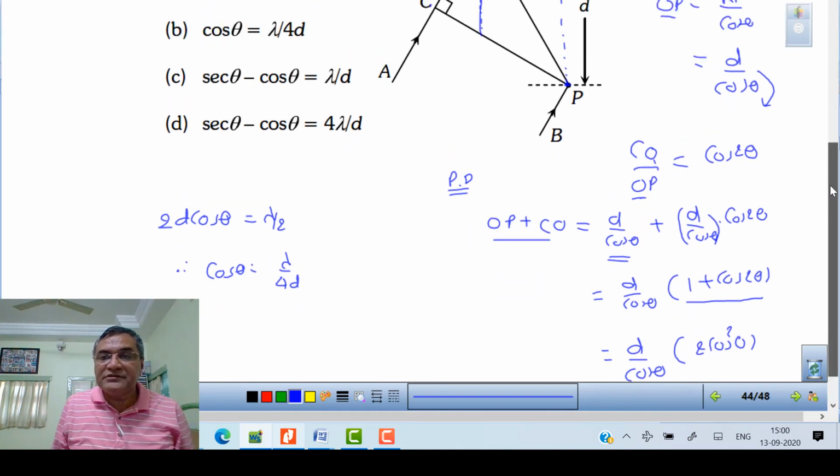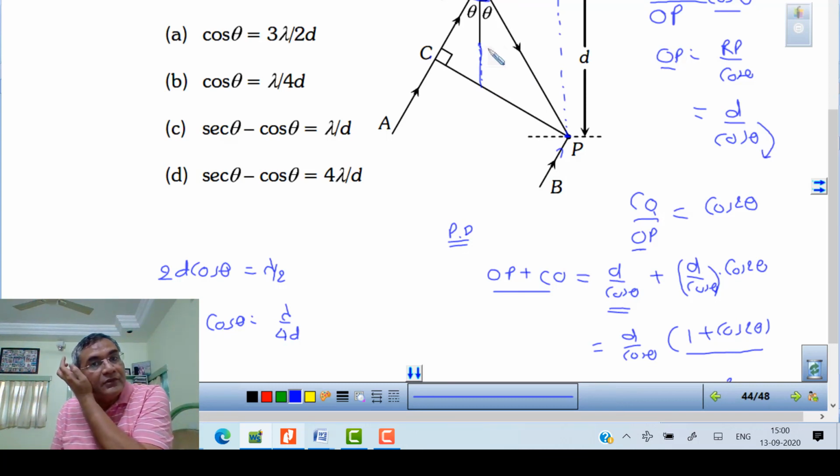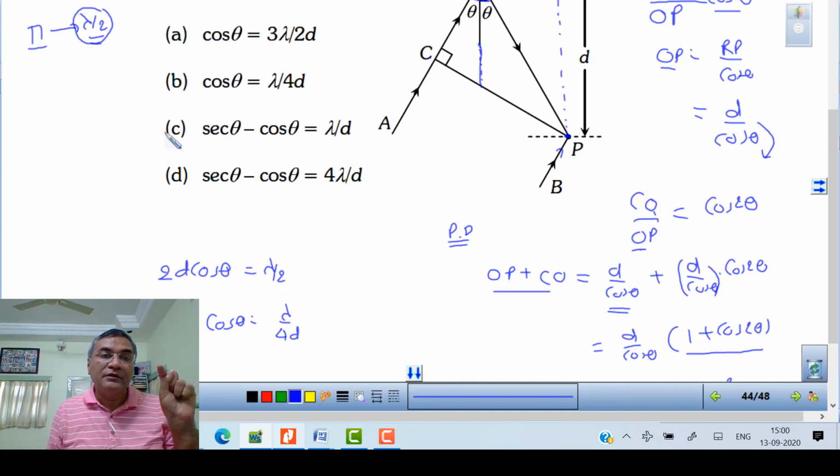one wave is coming directly here and the second after reflection. When reflection happens, an extra phase of pi is added. So our condition is that the phase increases by pi, and pi corresponds to lambda by 2. It means that because of the reflection, a path of lambda by 2 is already added. So now for the condition of constructive interference, lambda by 2 is already there, I need extra lambda by 2. So instead of lambda I have to use lambda by 2. So this is your path difference